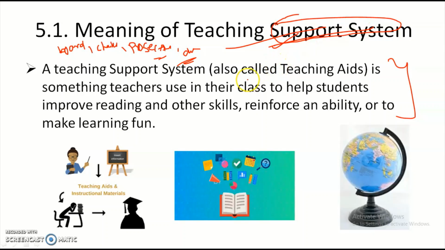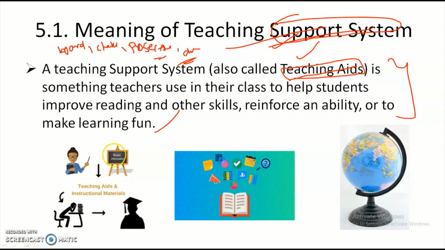Coming to the definition, a teaching support system is also called teaching aids. The tools which are useful for your teaching are teaching aids. A teaching support system is something that teachers use in their classroom to help students improve their reading and understanding skills, to reinforce an ability, or to make learning fun.